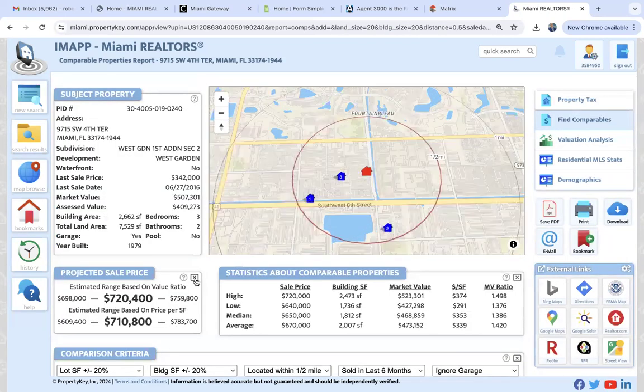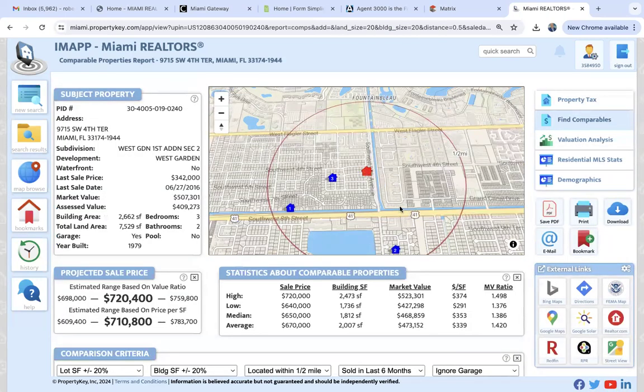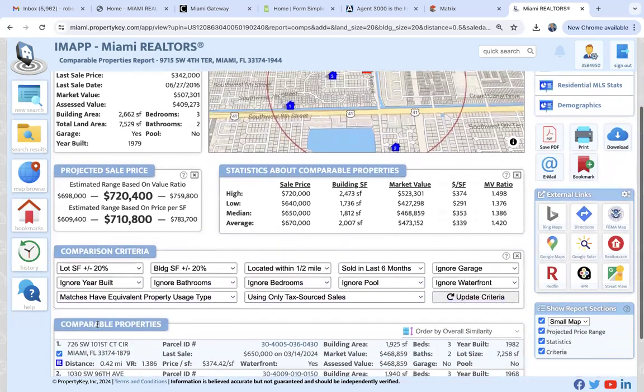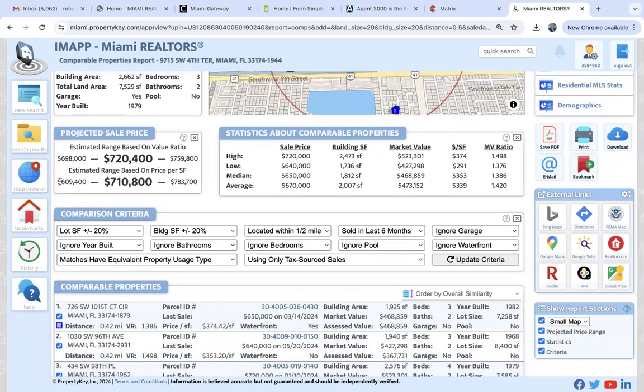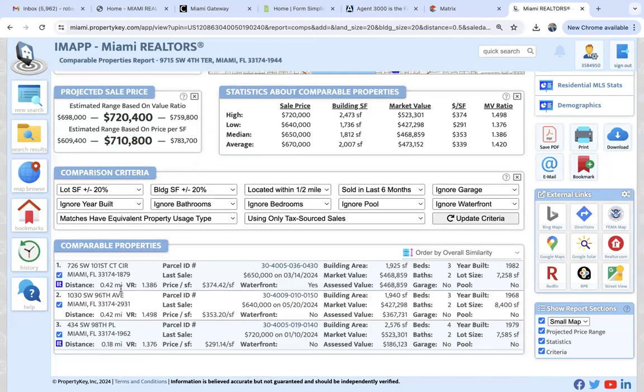Based on this criteria, I was able to locate 3 comparables in a half a mile radius from my subject property. All right. The low end is $609,000. The high end is $783,000, and the average is 710. For those of you that don't know how this is calculated, it is based on price per square foot. So the lowest price per square foot of my 3 sales is